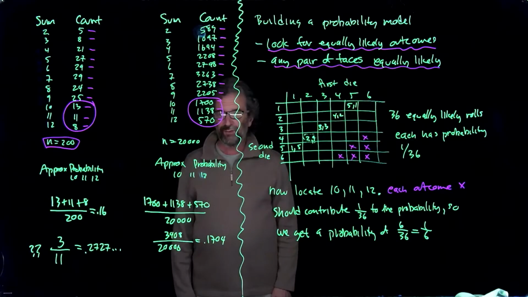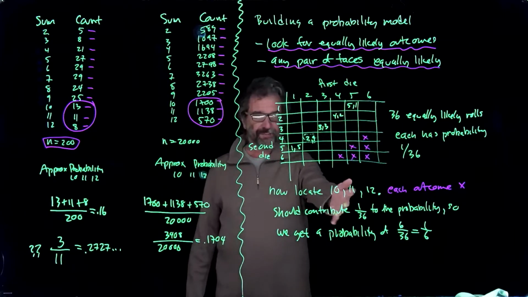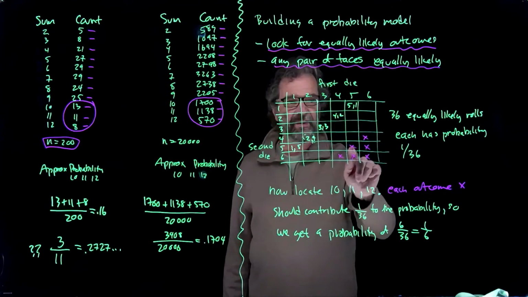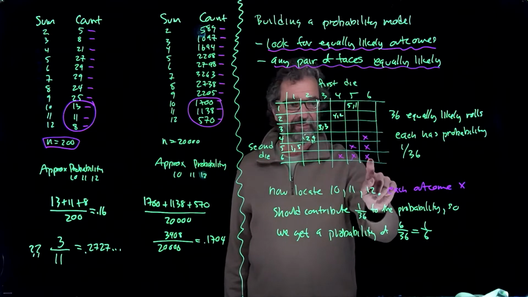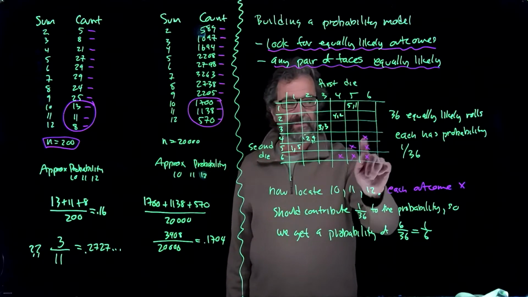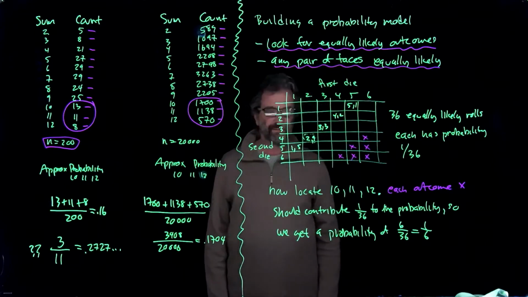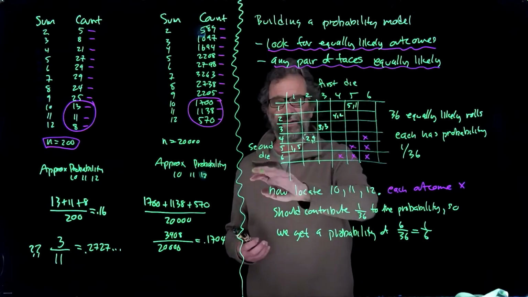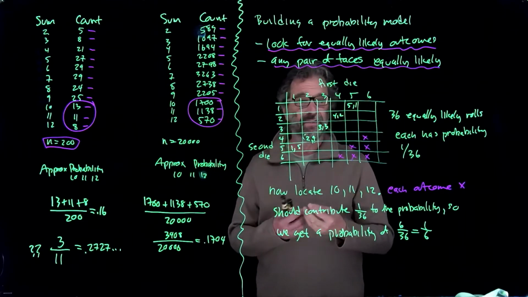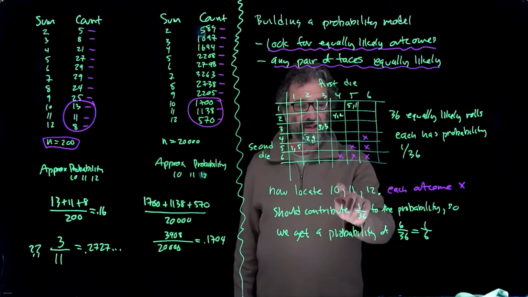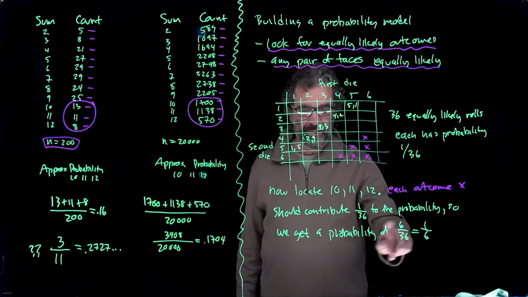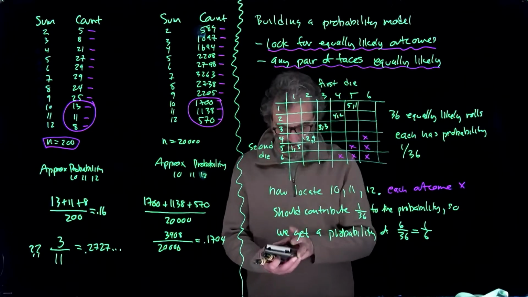So we're interested in 10, 11, 12. We want the answer. It's all spelled out here, so that's no fun. Here are the places where 10, 11, 12 happens. Here's 10, 10, 10, 10. Here's 11, 11, 11, and here's 12. 12 only happens one way, 6 and 6. So there's 6 ways you can make 10, 11, 12, in terms of just looking at the actual dice. So sometimes one die will be one color, one die will be another, so you can really see the difference in the different kinds of outcomes. We're looking for 10, 11, 12. There's 6 ways. Each outcome should contribute 1/36 to the probability. So we get a probability of 1/6, and 1/6